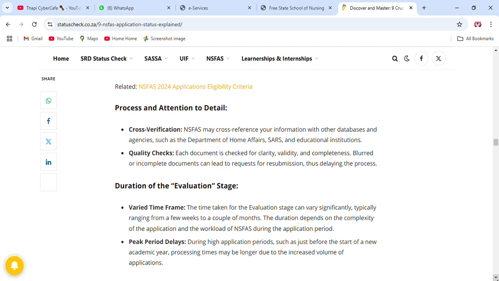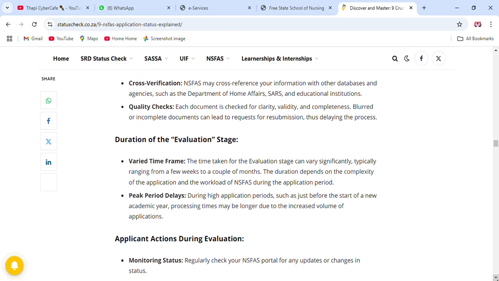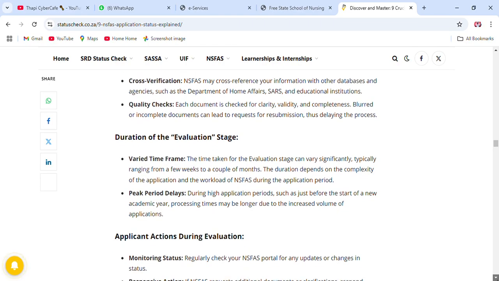Blurred or incomplete documents can lead to a request for resubmission. So make sure, guys, that if they require documents, you submit clear documents. Don't submit documents that are blurred or not visible. Always make sure your documents can be seen. Duration, you can see